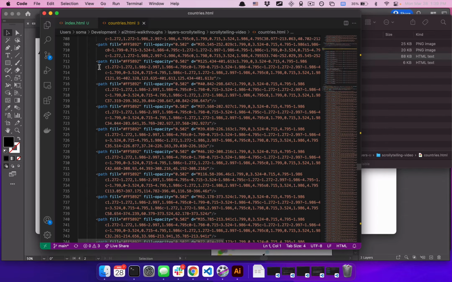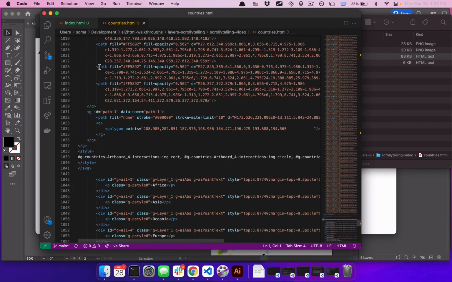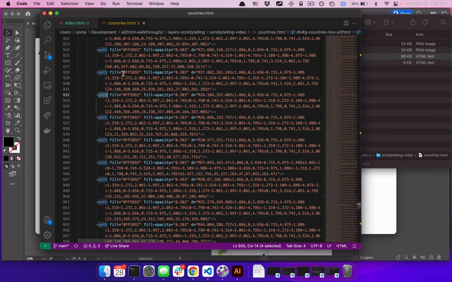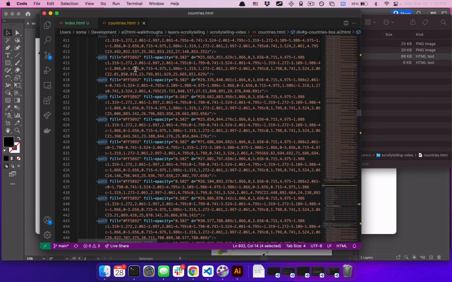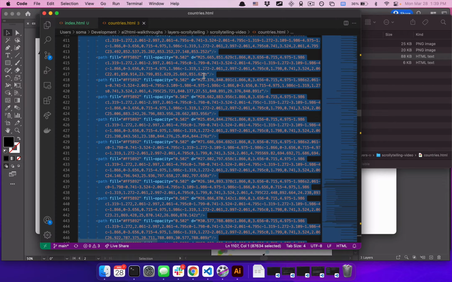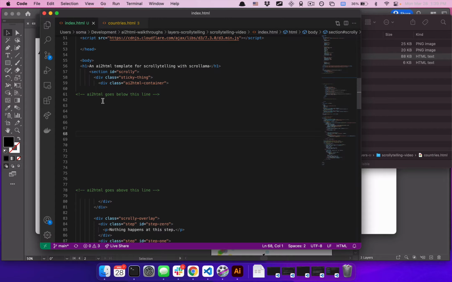This is all of my Illustrator code. It's much worse than it usually is because it has all of these pads and all of these lines and all these strokes and all this fill and just all this SVG stuff. But we don't really have to think about it at all. All we have to do is copy everything on the entire page, go into index.html, and then just paste it